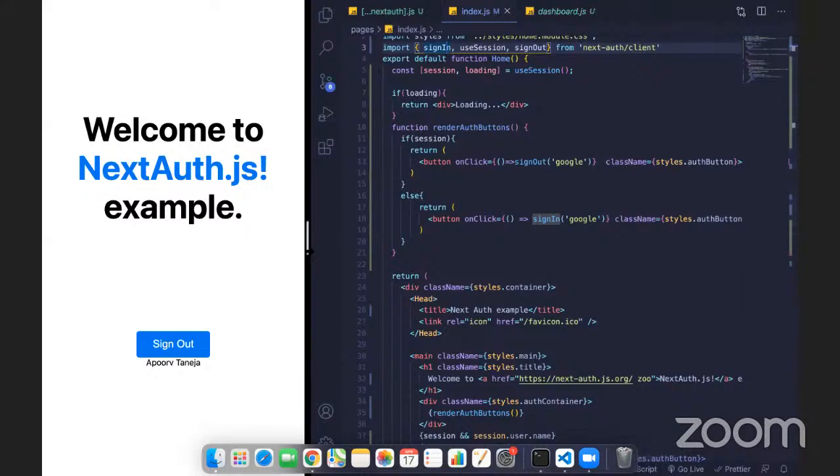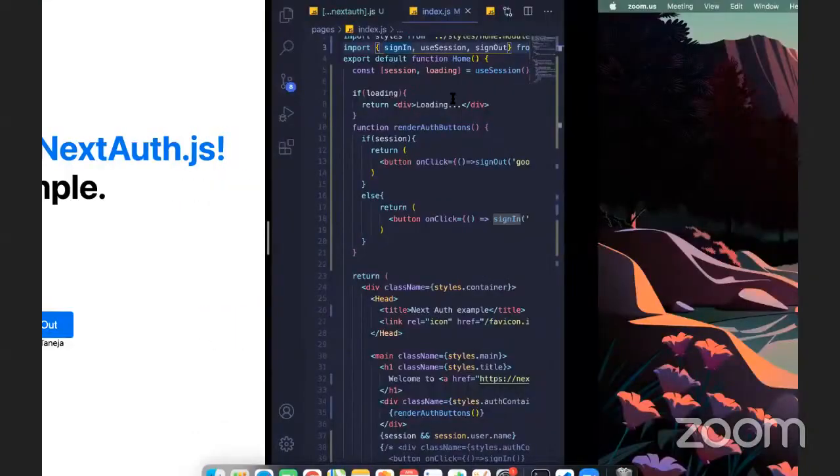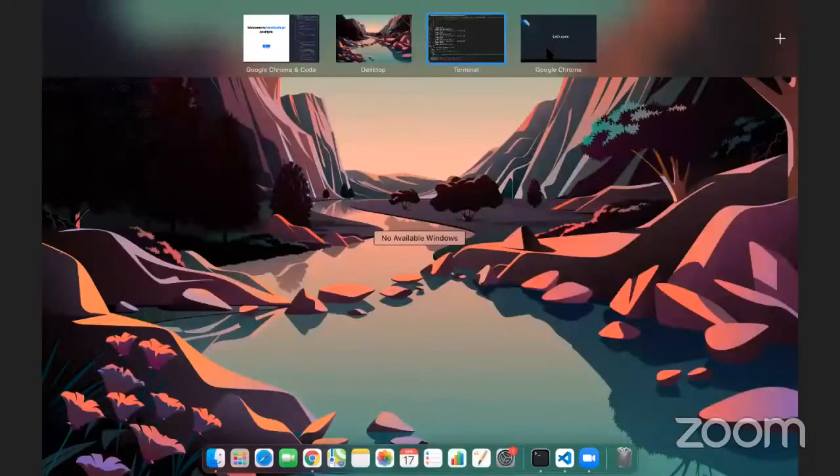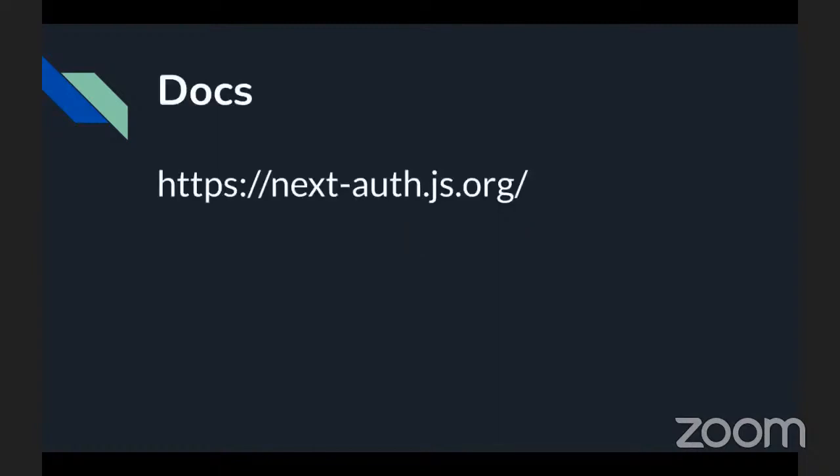And you can check the NextAuth documentation. The documentation is also well maintained. You can go through the different configurations which I didn't talk about, such as JWTs. You can go and study more about the algorithms used in it, and explore the different providers such as Amazon login, Twitter login. You can check all of them. So you can go to the docs. It is nextauthjs.org, and you can read more about it.